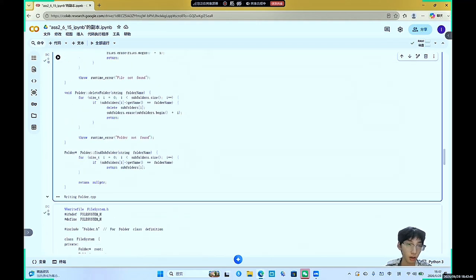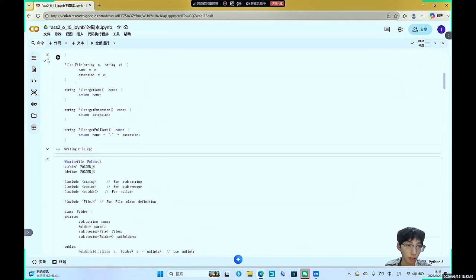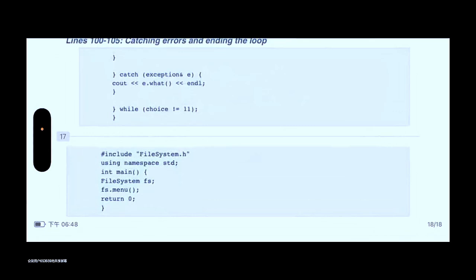Okay, that is all my part. This is the smallest file in the project, but it is where the program actually begins. The line includes the file system header, bringing in everything we need to use the file system class. The line using namespace std is included here too. In this particular file it is not strictly necessary, since we do not directly use any std names. Inside the special main function, which is the starting point of every C++ program,